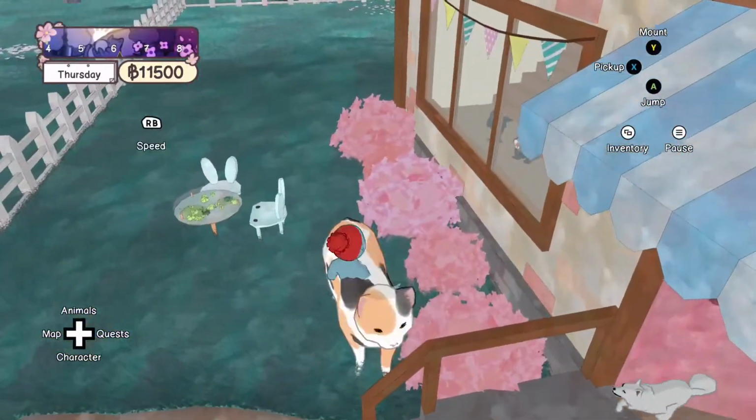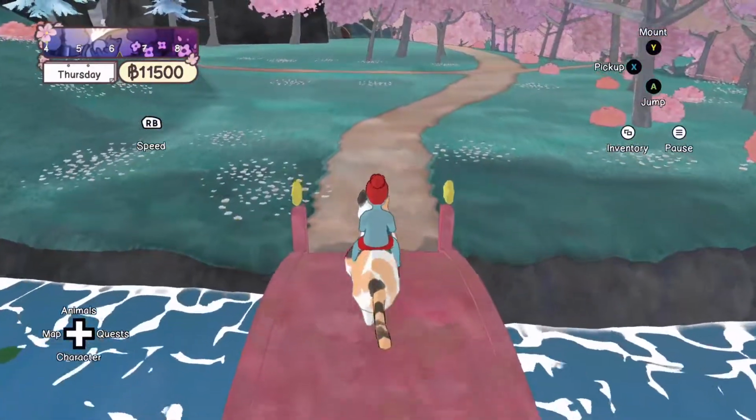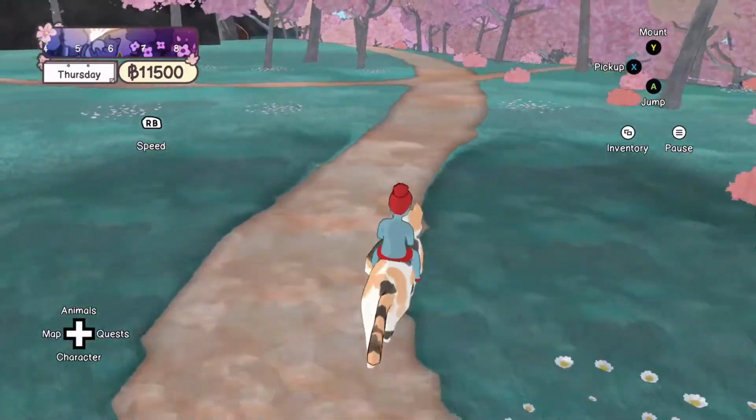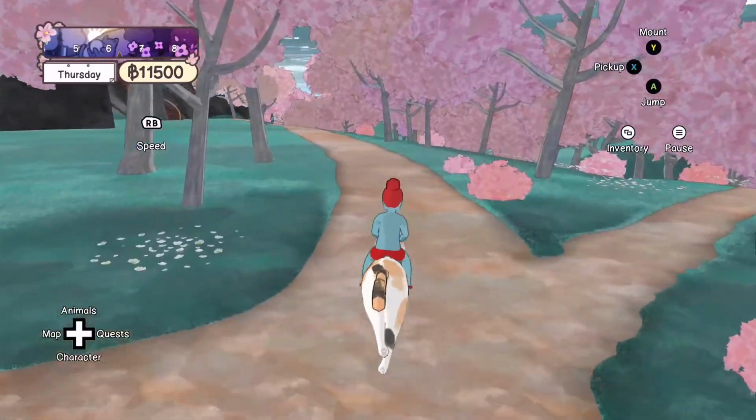So, get on Calico. And we're actually almost done with Calico. We will be getting Horsey pretty quick here. And Horsey is significantly faster. But...